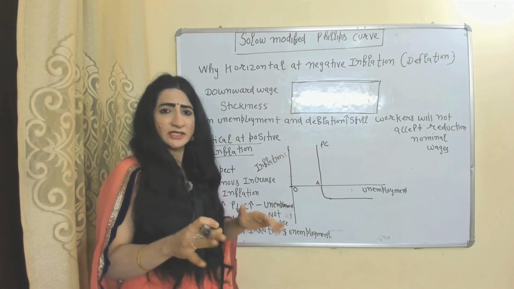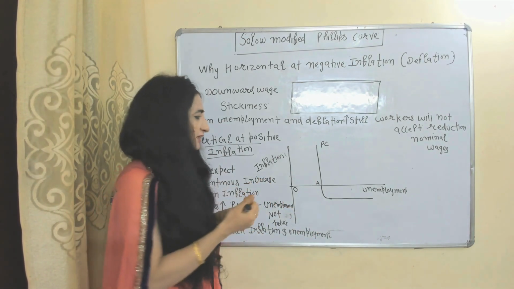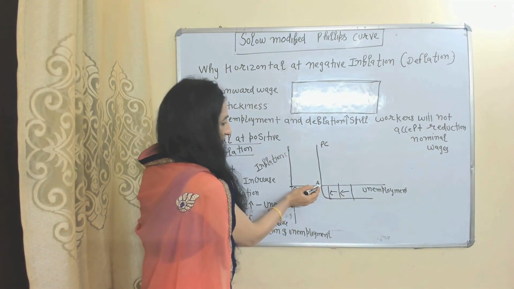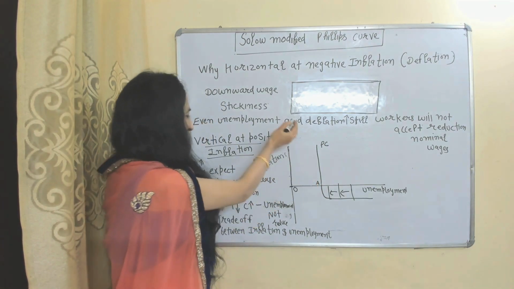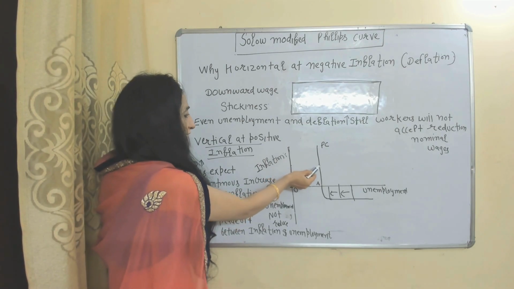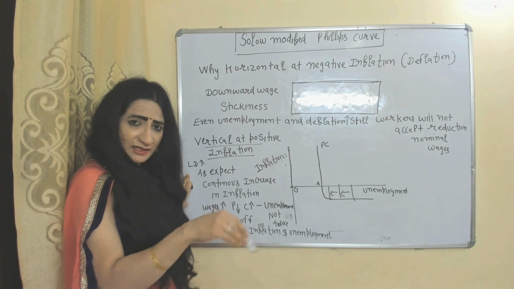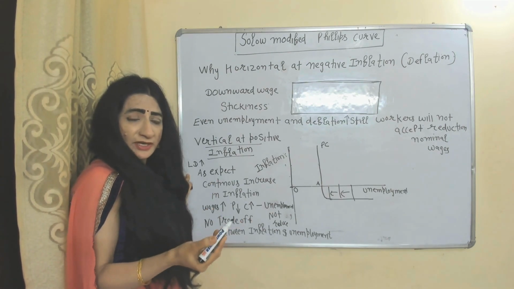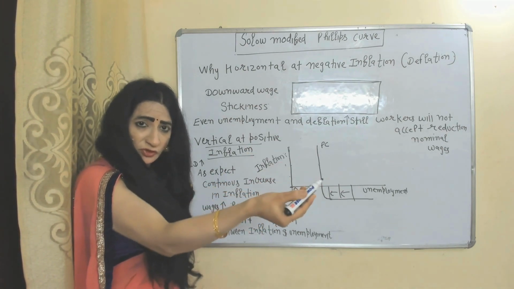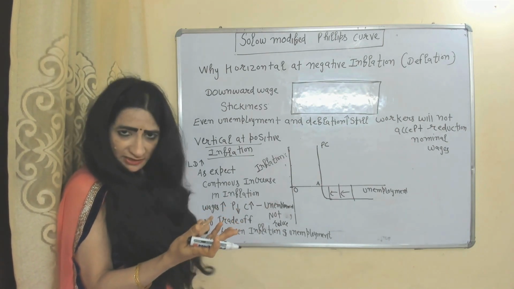If there is no reduction in wages, that means they continue working. Eventually unemployment will fall. Here you can see unemployment is reducing. But after a point, our Phillips curve become vertical, or you can say that Phillips curve become vertical at positive inflation rate. But why? Because labor demand is continuous increasing and employees due to continuous inflation expect more inflation in future. That's why they demand for higher wages. As a result, wages increase, but